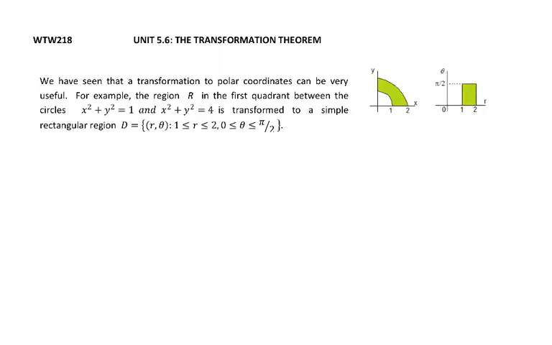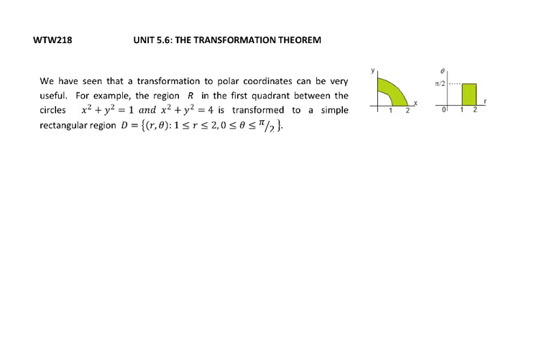Good day and welcome to this discussion on Unit 5.6, which is on the transformation theorem. In the previous section, we discussed polar coordinates, which is just a special case of transformation. We have seen that the transformation to polar coordinates can be very useful. For example, the region R in the first quadrant between the circles x squared plus y squared equals 1 and